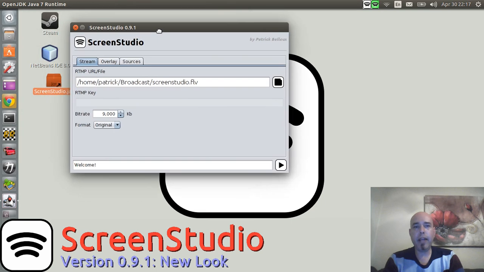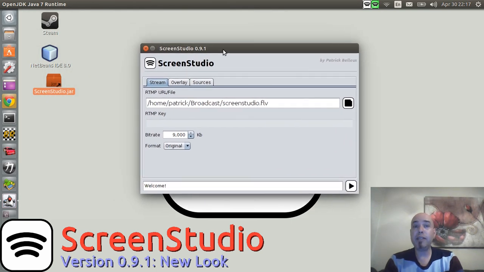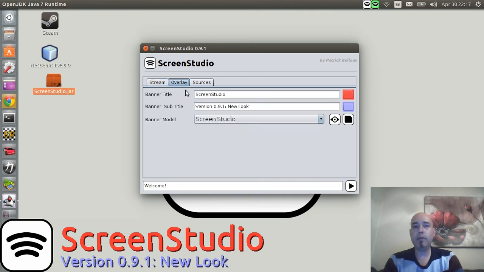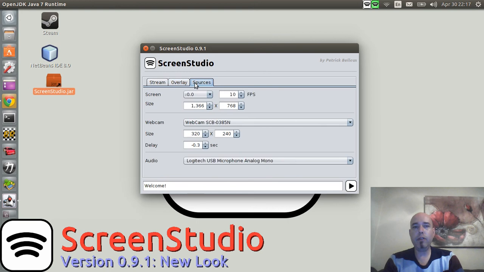And as you can see, the layout of the display has changed a lot. The thing is, there were too many options to put in the main display, so I split everything into 3 tabs. So everything related to your stream, with a few labels changed here and there, everything related to your overlays, what I call banners, so your title and subtitle and the banner of your choice. And your sources are configured on the last tab, where you set the screen you want at the frame rate, the size, the webcam